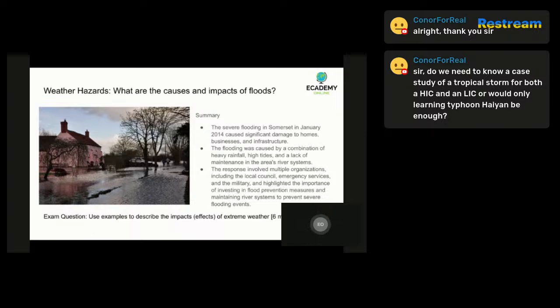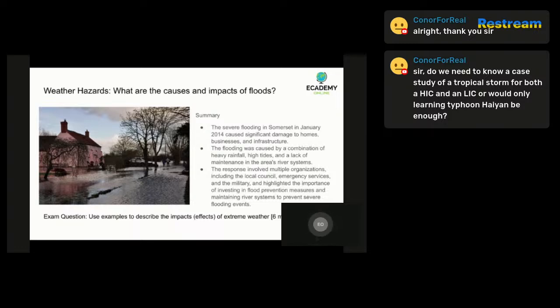which was hit by extremely severe flooding, and it affected thousands of people, causing significant damage to people's homes, businesses, and infrastructure. Some 7,000 properties were affected, and there was over £10 million worth of damage done to the area. So the flooding was caused by a combination of different factors, including heavy rainfall, high tides, and a lack of maintenance in the area's river systems. So the River Parrett and the River Tone, which flow through the county, had not been dredged for many years,